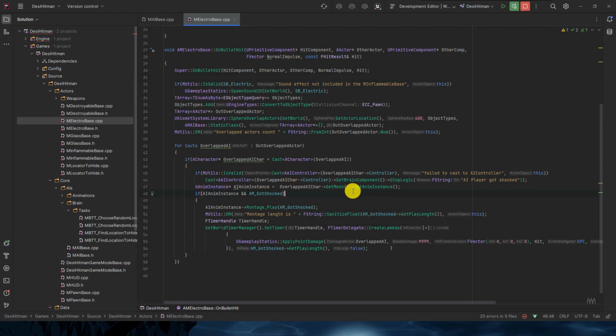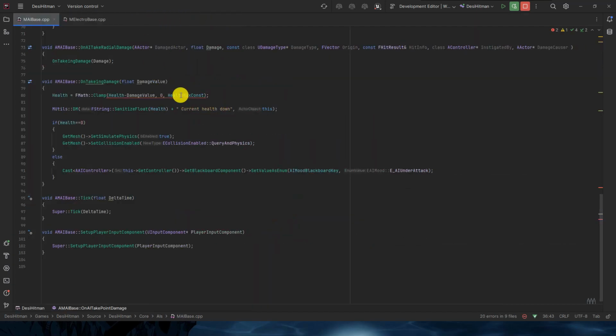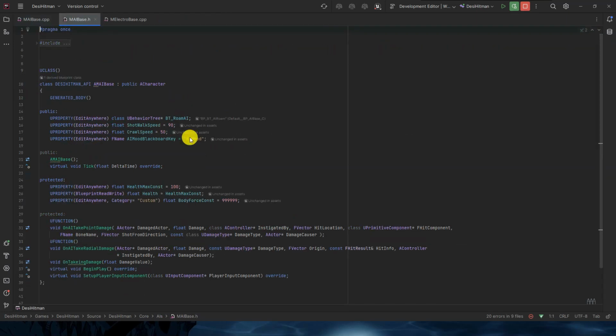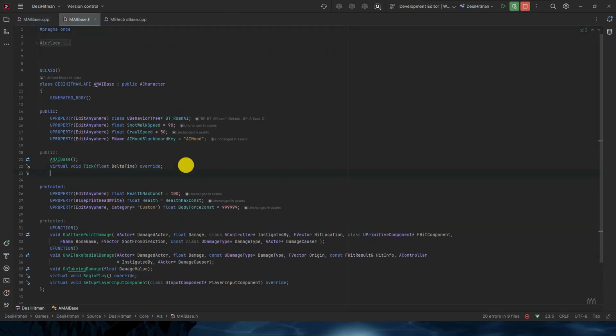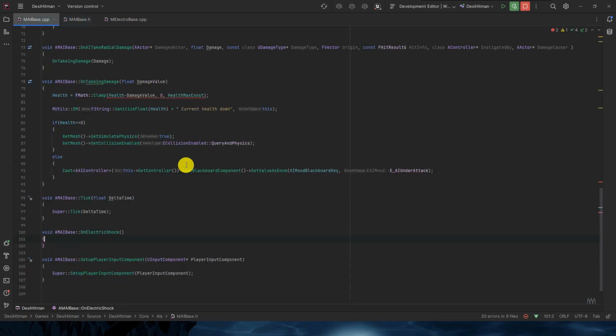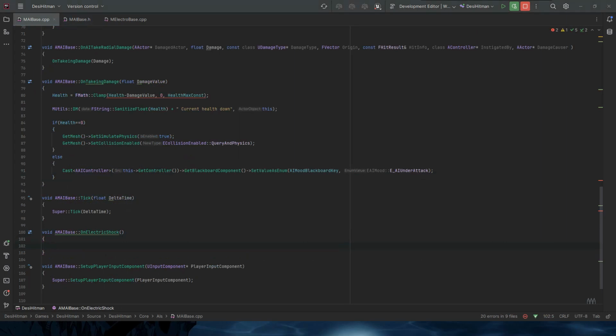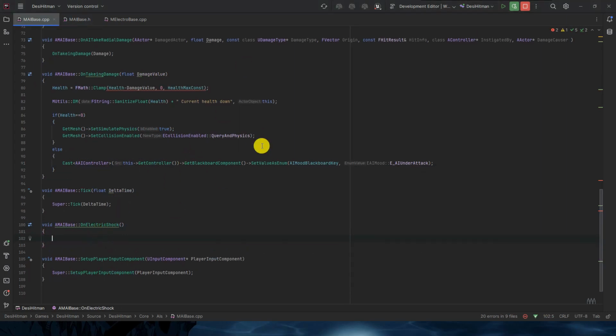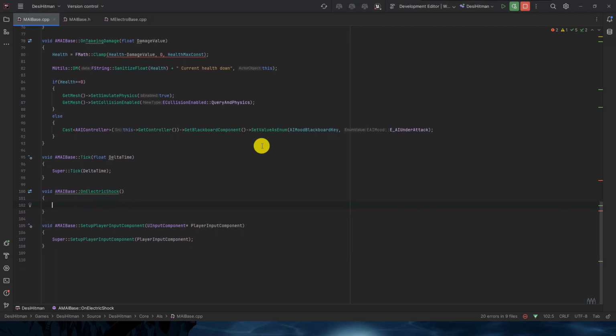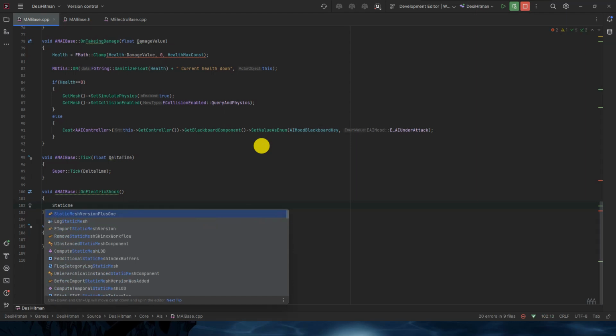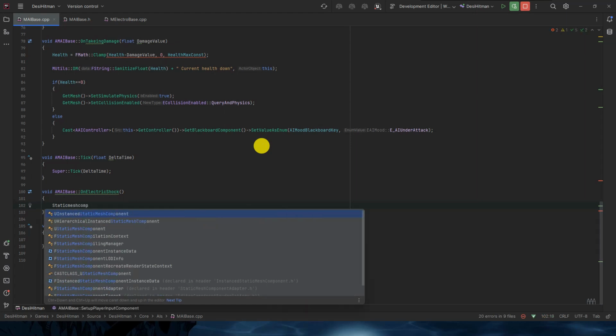So what we'll do, we will go inside that AI, M AI base. In the public, we will create one function, void on electric shock. Alt enter, create definition. Inside the definition we will create one static mesh component, use static mesh component,